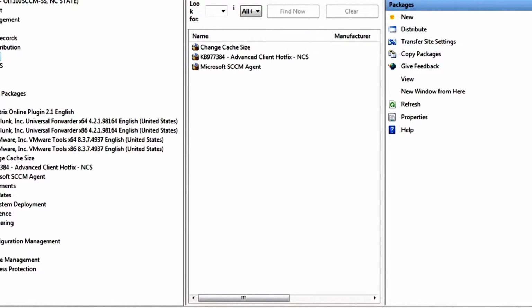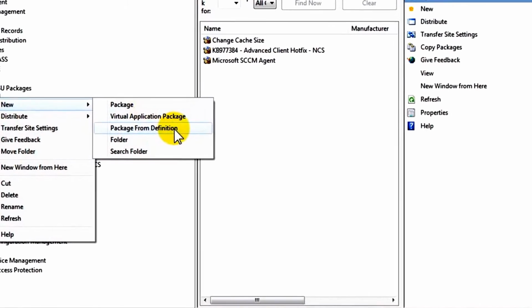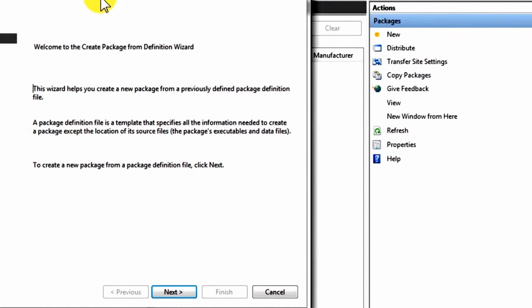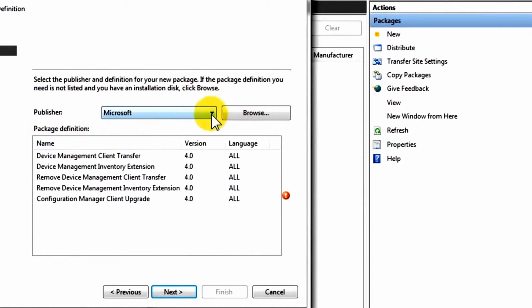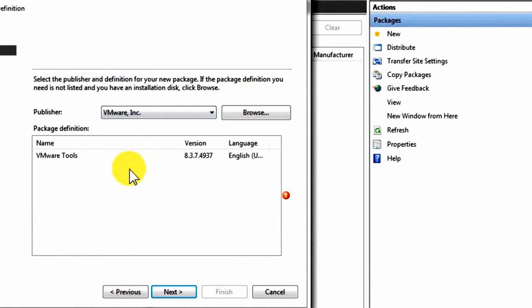So I'm going to go under my container. I'm not going to hit new package, which I think is the easiest way to get the correct naming convention. I'm going to hit new package from definition, which runs a wizard that does a little bit more work for me, but also makes some assumptions about my naming. So as I've mentioned, I'm not entirely sure how this is going to be worked out. Microsoft is trying to keep a database of, here are the various software broken down by vendor. I'm doing a new package that is not on this list, so I need to